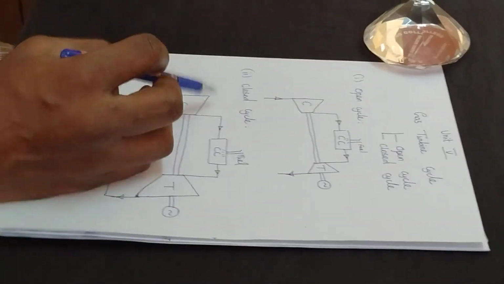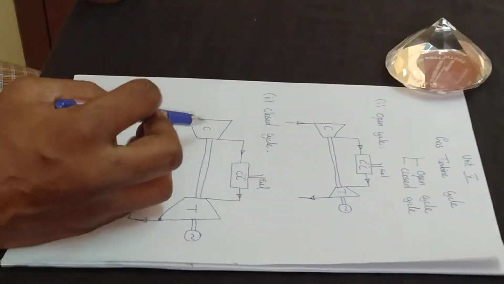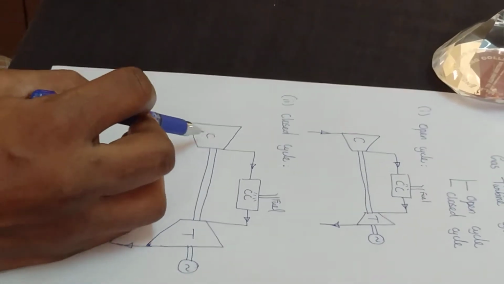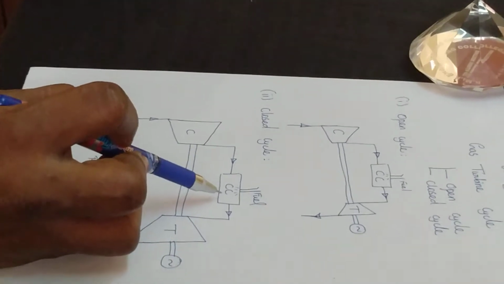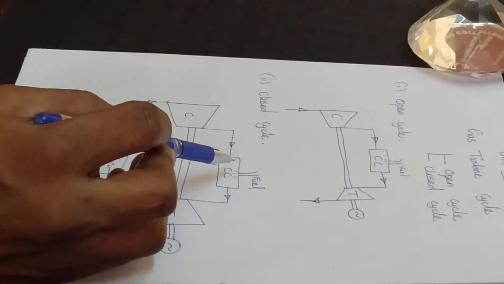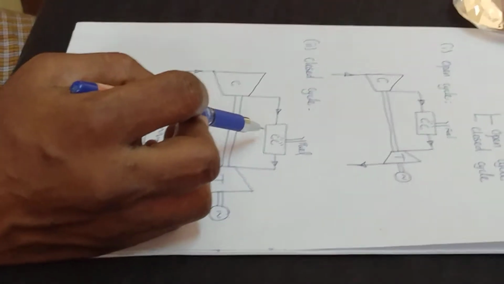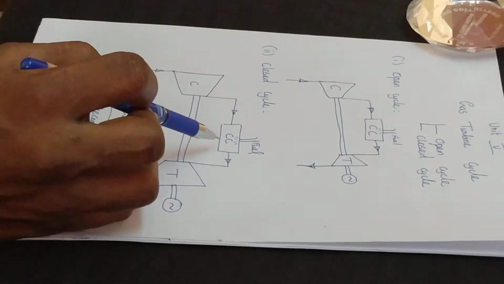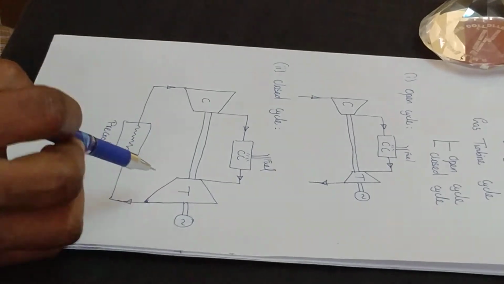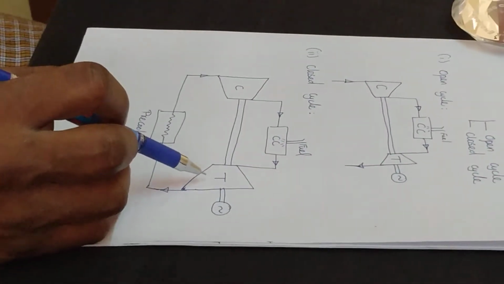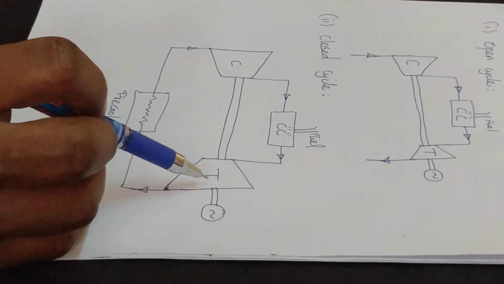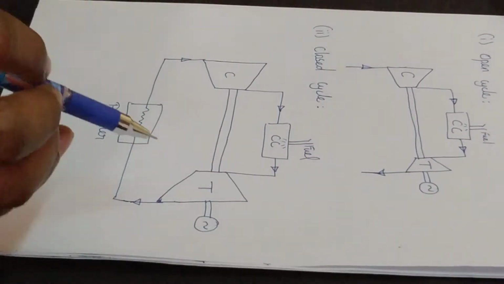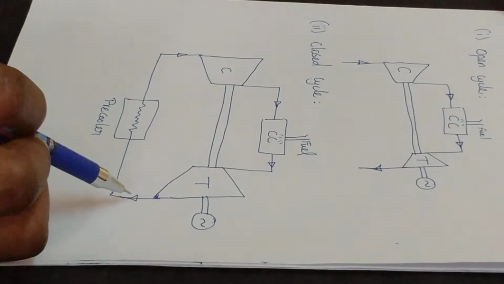In the case of closed cycle gas turbine, the air which is entering the compressor is compressed and then it is sent to the combustion chamber, where as usual fuel is injected or supplied, and the fuel and the air both burn and produce high pressure high temperature gas, which is supplied to the gas turbine where mechanical energy is produced. That energy is supplied to the generator for producing electricity, and the exhaust gas leaving the gas turbine is